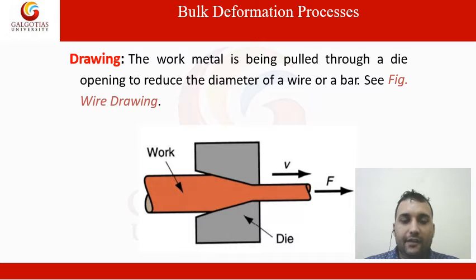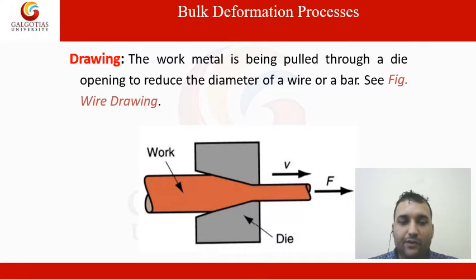In this figure, you can see the wire drawing process. Wire drawing is a cold working process in which a rod of larger diameter is passed through a conical die to obtain the desired shape of wire. At the start of wire drawing, the front end of the rod or wire is pointed by cutting or squeezing so that it can freely enter through a die opening.